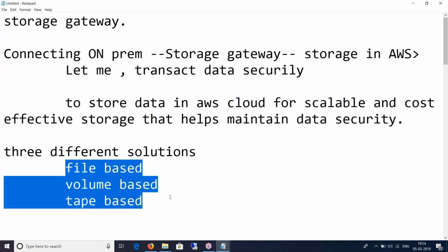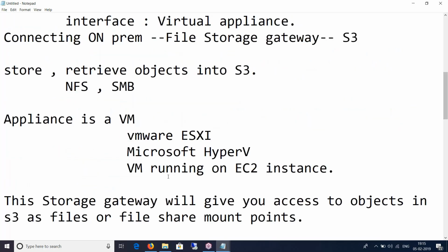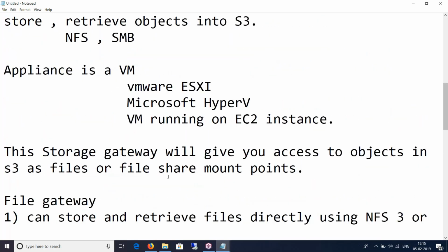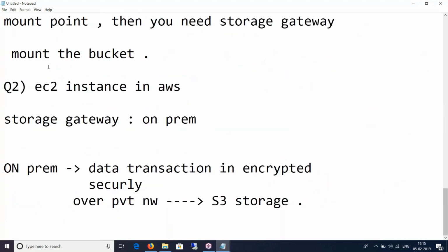One is file-based, second one is volume-based, and third one is tape-based. And we were talking about file-based all this while. File-based is where I'm just using a storage gateway, let's say an EC2 instance or an on-premise Hyper-V or a VMware ESX instance, to transact between on-prem and S3 storage.